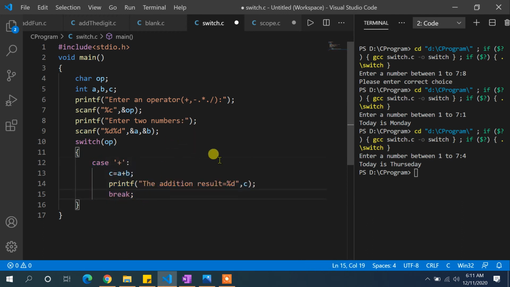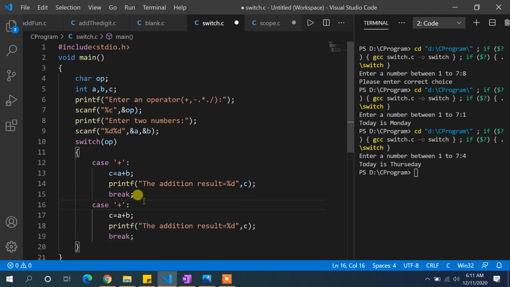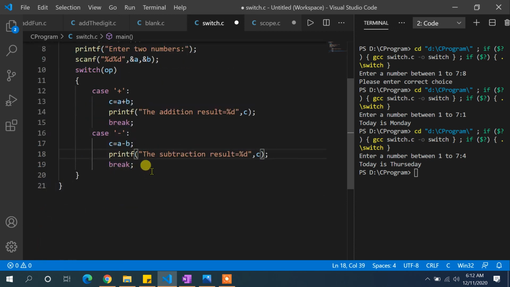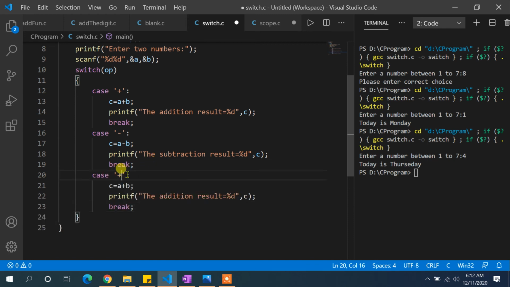So what are the cases? That will be the minus case. So I'll write this for case minus, and I am going to use a minus b over here. Then I need to write the subtraction result is equal to %d, c. Similarly I am going to perform the case for the multiplication operation.